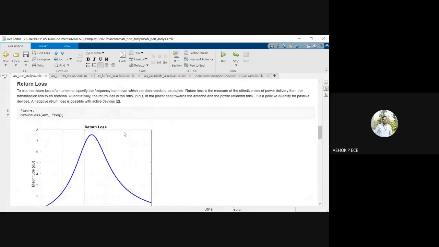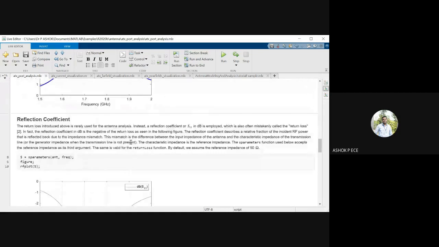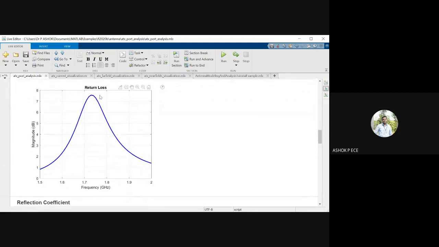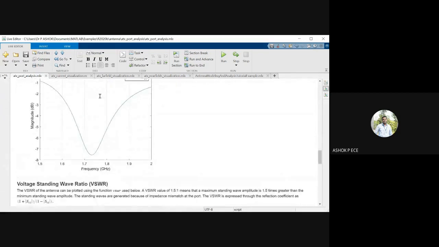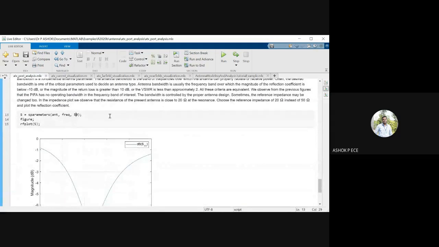And that impedance, if it is 50, means you are set for maximum power transfer. But if it is not 50, means you will have loss, the return loss will be high, the reflection coefficient will be high, VSWR will be high. So here you see we have plotted the antenna with